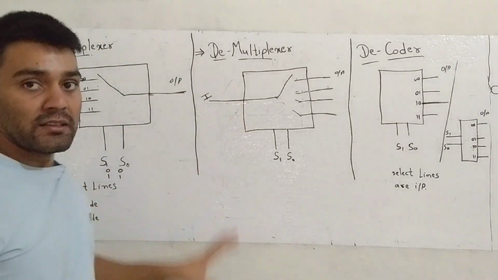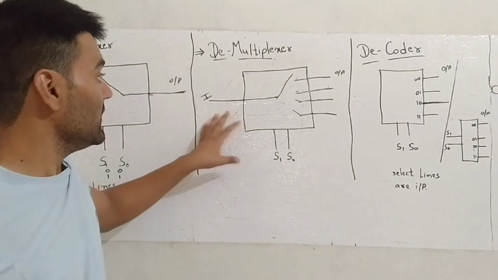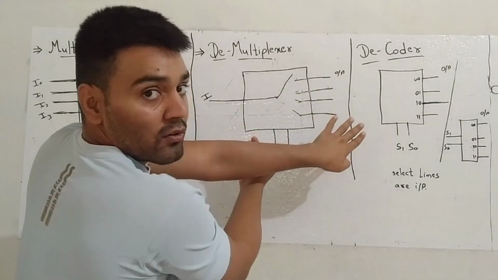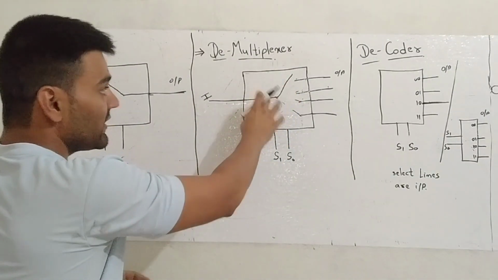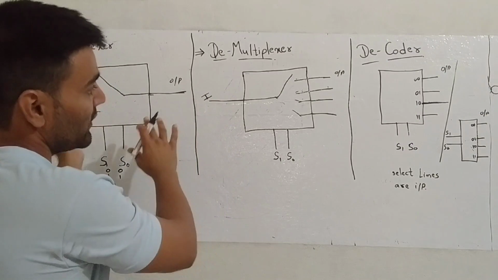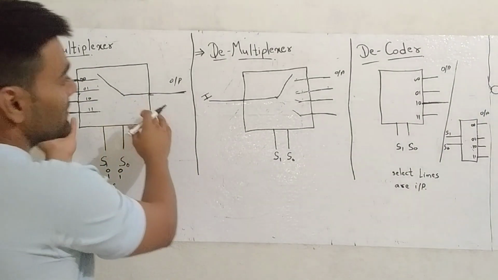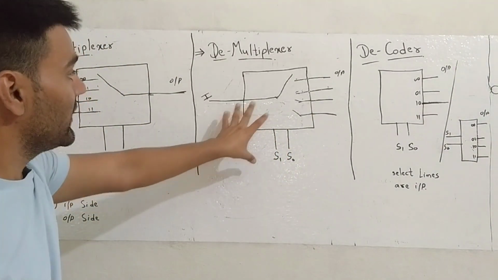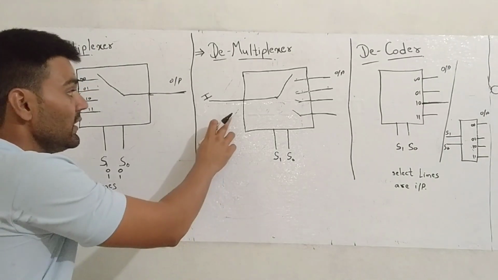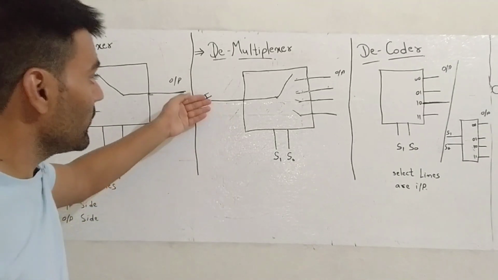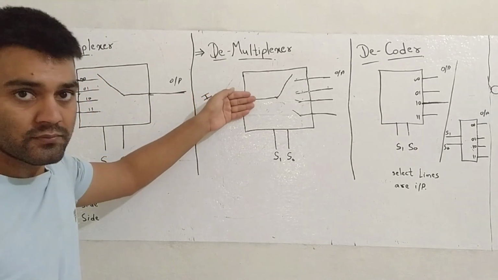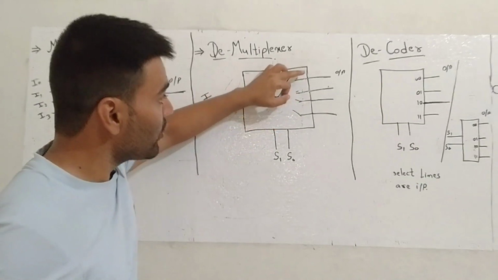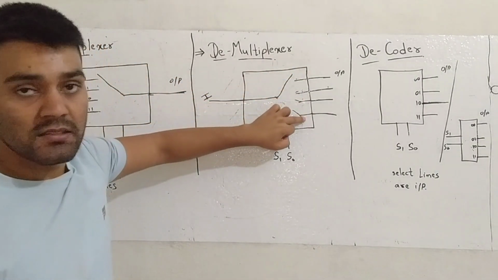So, and what is the demultiplexer? A demultiplexer is just, you can think, like we are flipping this multiplexer. Not that inside the circuit we are flipping it, but we can think that we just flipped the multiplexer and we get the design of the demultiplexer. Okay, so in this demultiplexer we are giving only a single input. Always we will give a single input, and